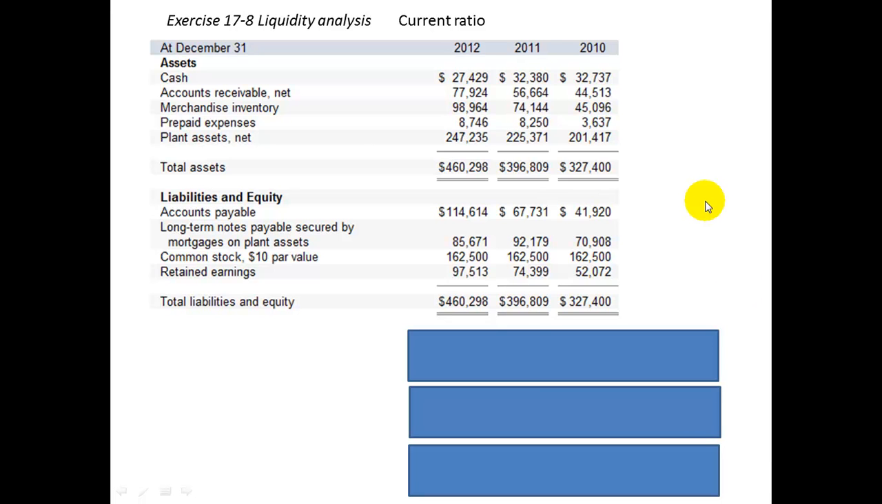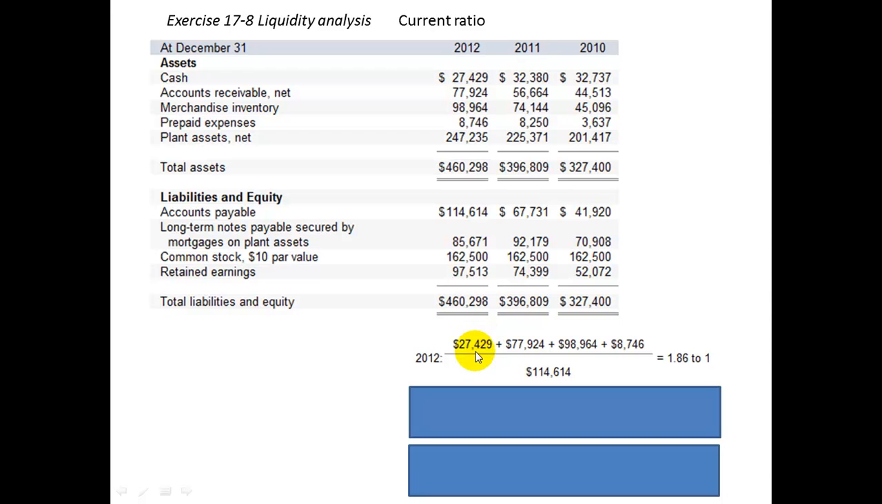Okay, in this problem we've got 3 years worth of balance sheet information, 2010, 11, and 12, and we're going to do two ratios. We're going to see what the current ratios look like over those 3 years, and we're also going to see what the acid test ratios look like over those 3 years. So let's start with